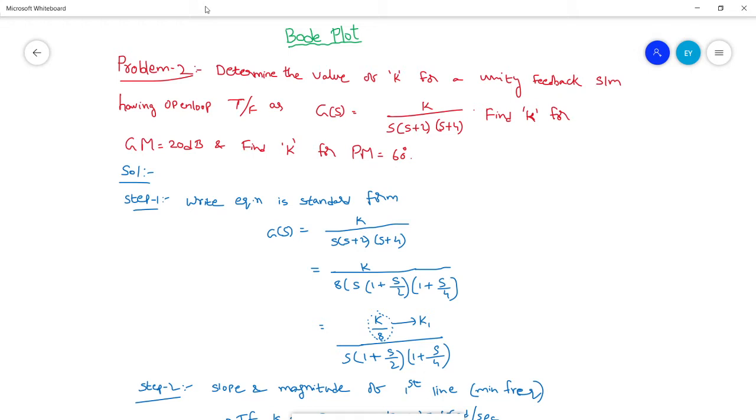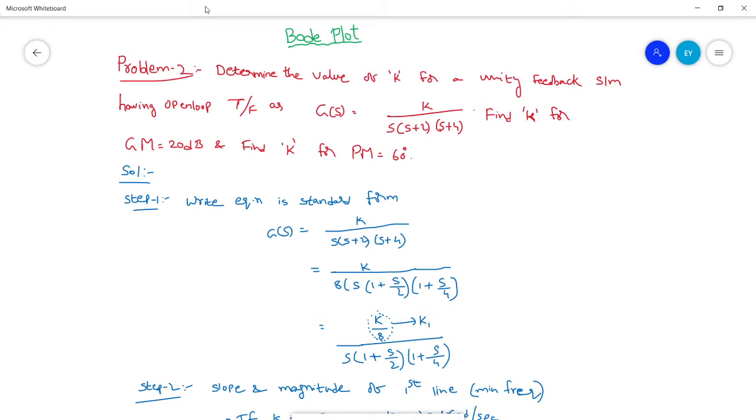In the previous class we discussed a numerical problem on Bode plot, and we plotted a Bode plot and estimated the stability of a system using it. That is, the phase crossover frequency must be greater than the gain crossover frequency, in which case the system is said to be stable, right? The system is unstable if the gain crossover frequency is greater than the phase crossover frequency, and if the gain crossover frequency is equal to the phase crossover frequency, then the system is marginally stable, right? So these are the conditions for stability in Bode plot.